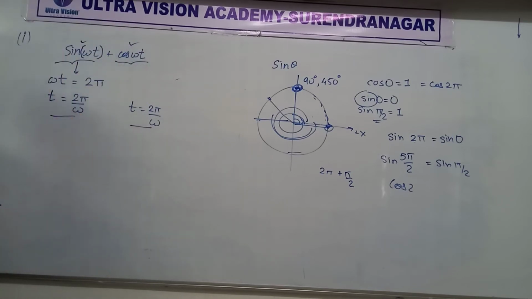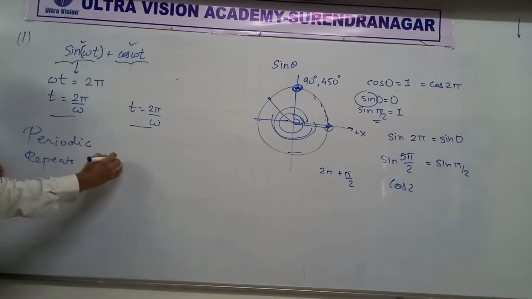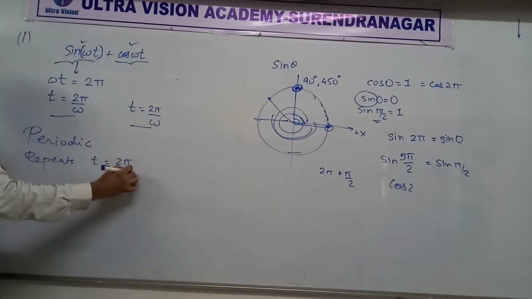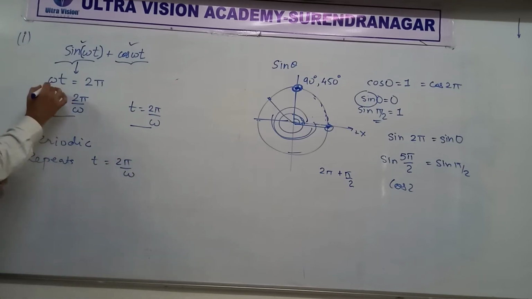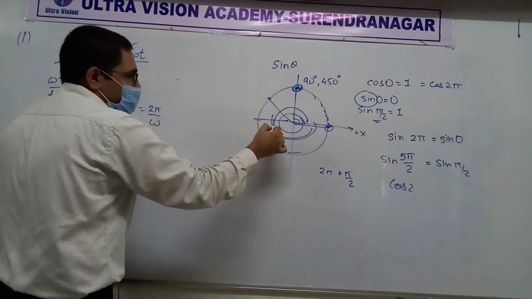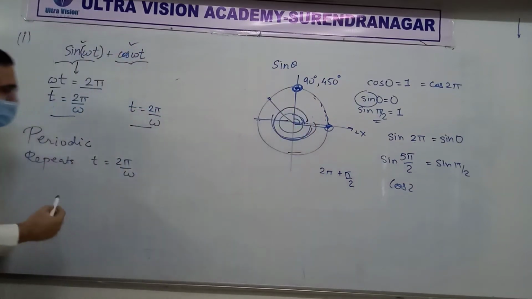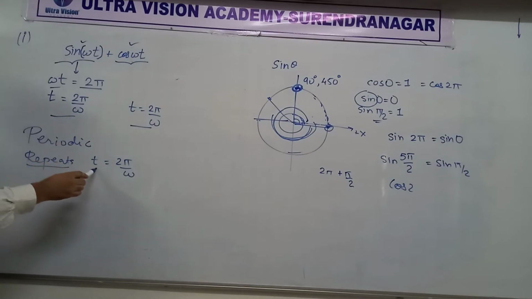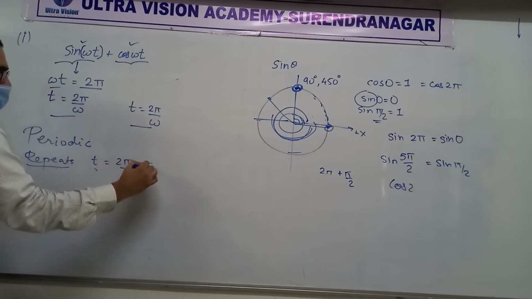So we can say that overall this whole motion is periodic, because everything will repeat after what? After t equal to 2 pi by omega, right? When omega t's value becomes 2 pi, that whole thing is going to repeat, because the angle changes by 360, going all the way and coming back. So this means this is the time period. If it repeats after t equal to 2 pi by omega, then this is nothing but the time period.